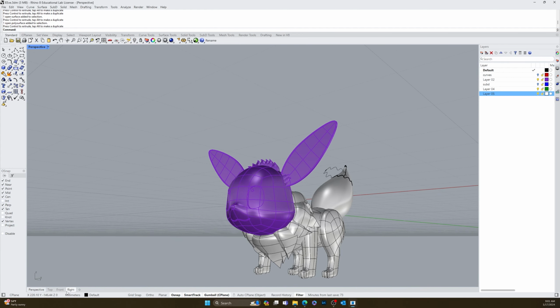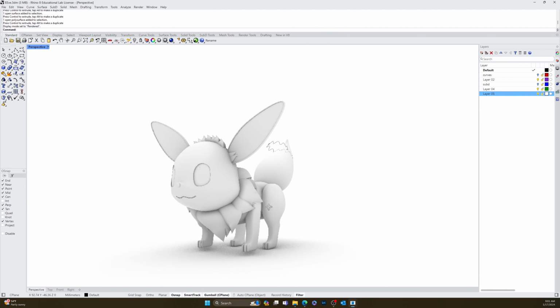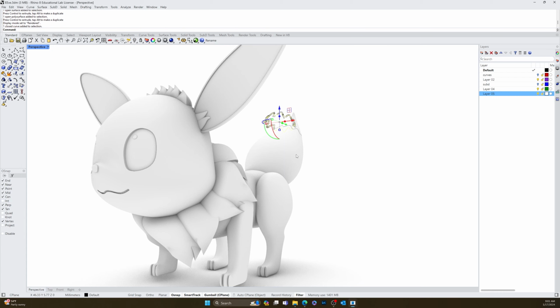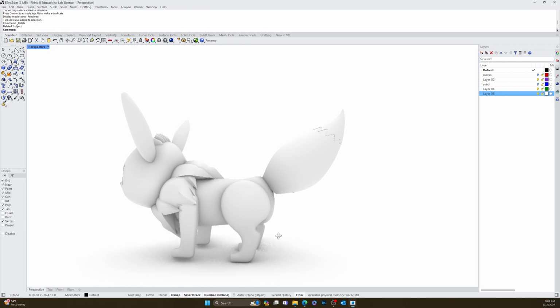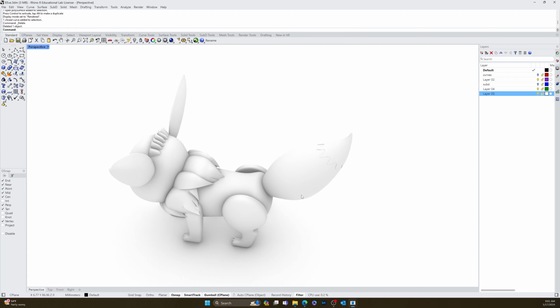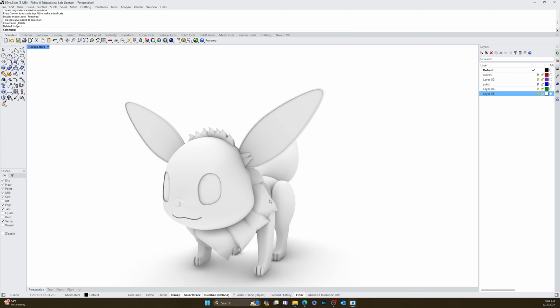All right, so now we'll put it into rendered. Cool, get rid of this curve. And it's looking pretty good. However, I find that the area where the haunches kind of meet to the body, all of that stuff is a little bit awkward. I'm gonna go ahead now and